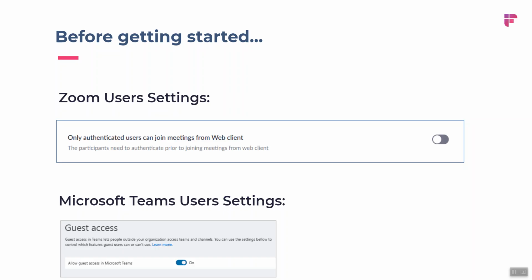But before getting started, if you are a Zoom user or Microsoft Teams user, you need to make a small settings change in your Zoom settings or Microsoft Teams settings. In your Zoom settings, you need to make sure that one feature is turned off, which is authenticated users: only authenticated users can join meetings from web client. Because Fireflies joins from the web client through the SDK, that needs to be turned off so that it joins